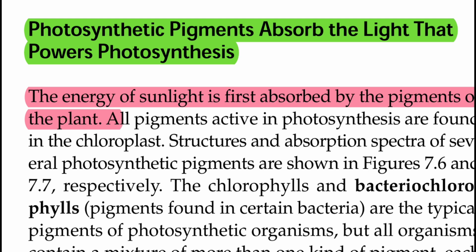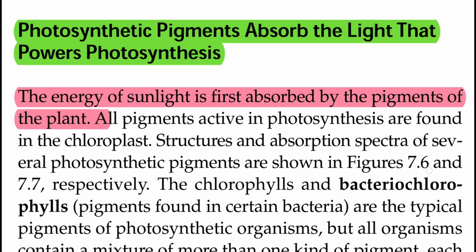Chlorophyll A, B, carotenoids, and what is going on inside the thylakoid membrane. This topic is very important because when the pigments absorb light, they get powered, and this power is transferred to prepare the glucose molecule. So, let us start with this topic